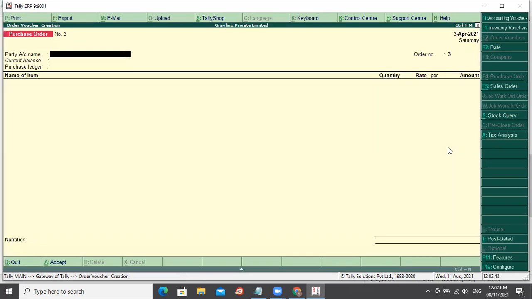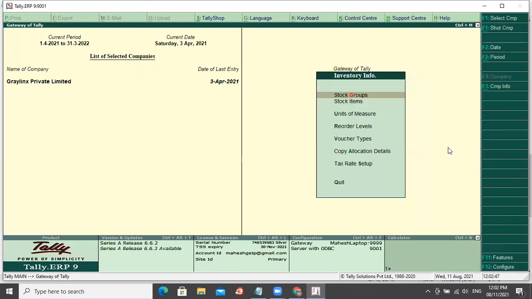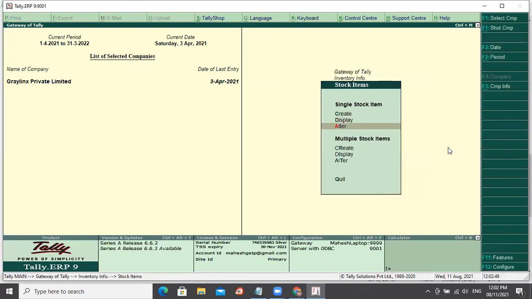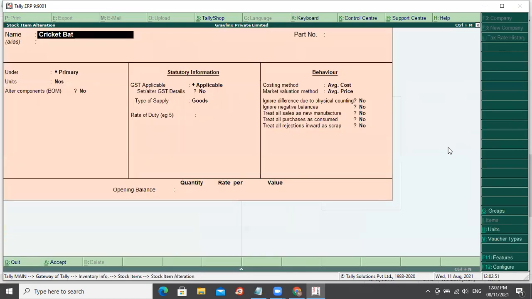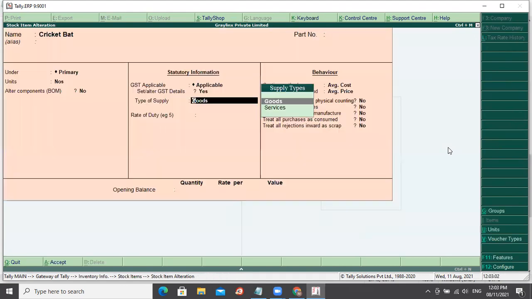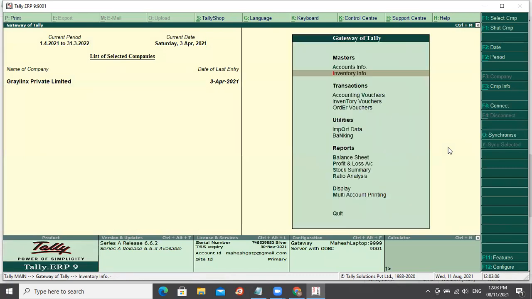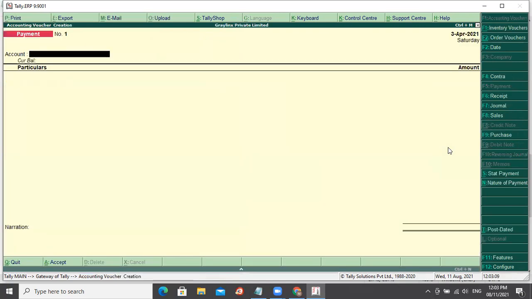See, basically, as I told you, when you create an item, this is where you created the item. When you create the item here, you need to specify the GST tax rate. Once you specify this, at the transaction level, it will automatically pick from there.